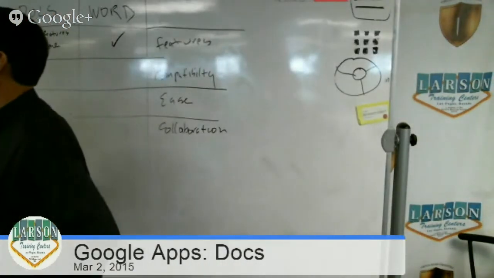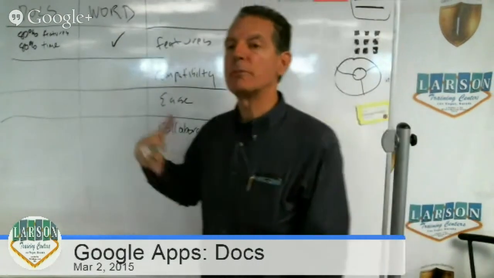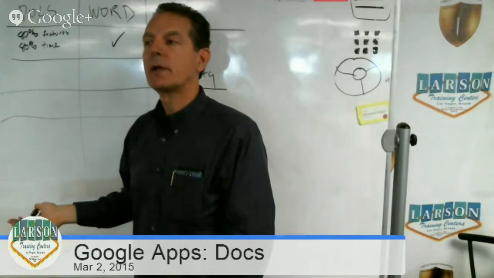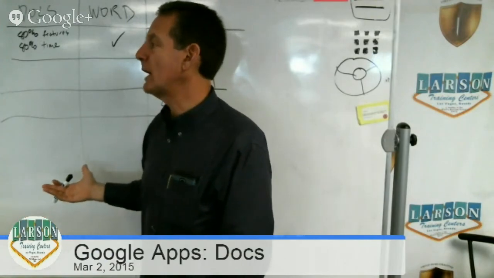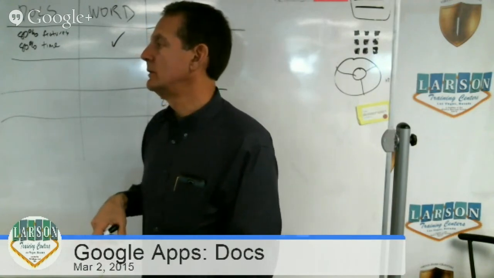So again, remember the key thing about our Google apps is you can use them anywhere, except not so fast. What if you got an email and you downloaded the file to the computer you were working on? Where is it now? It's on that computer.